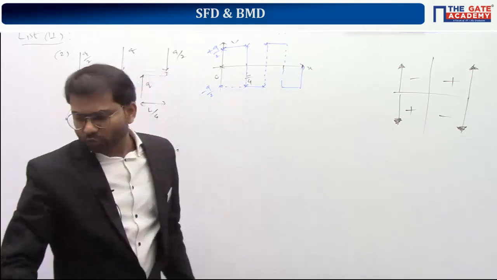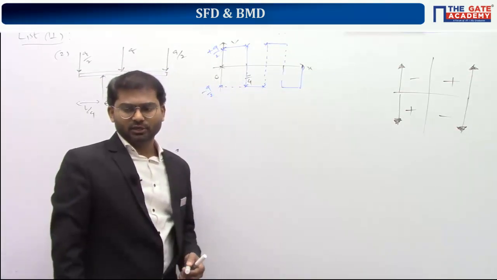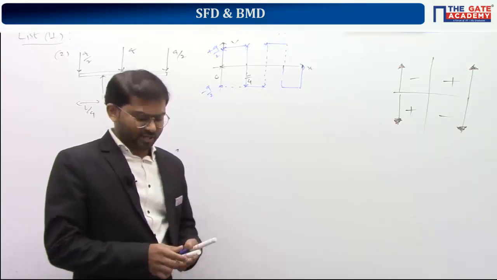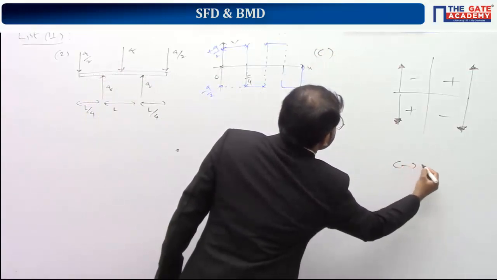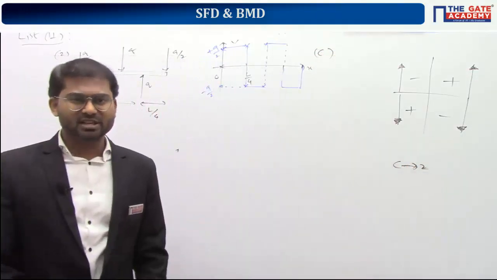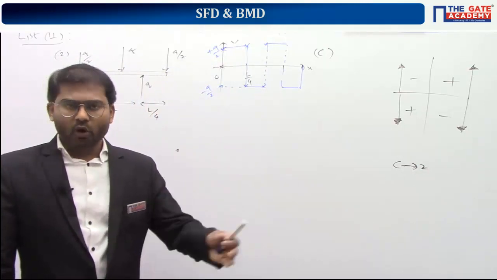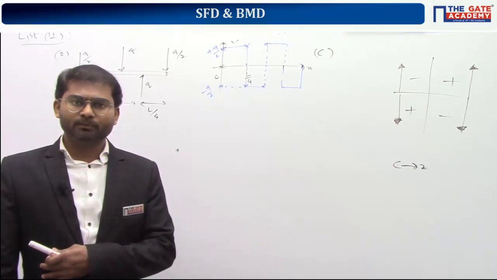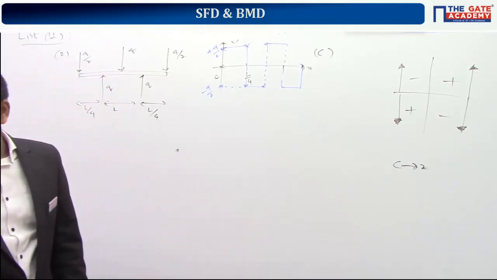So this is similar to option number C. The only thing is reverse sign convention is used. That's it. So for list 2, the option is C. So for C, it is equal to 2. In the same way, if you see the third loading condition of list 2, throughout the length of the beam, there is uniformly distributed load. So we can't apply the shortcut there. So let's go to the next one.